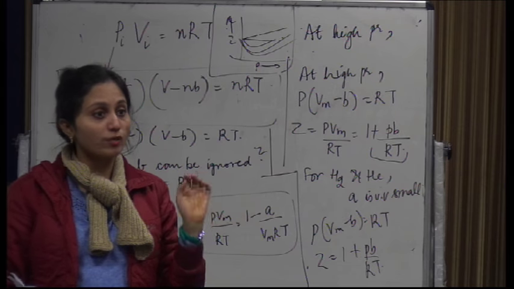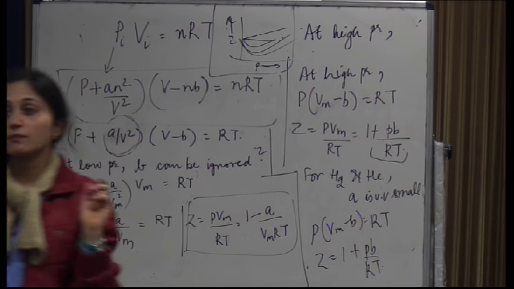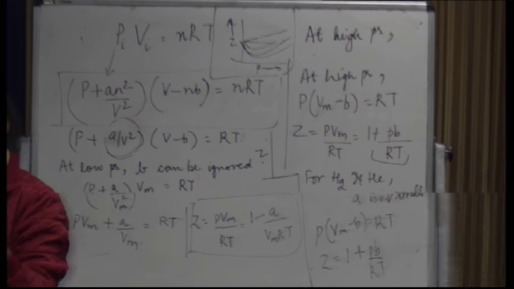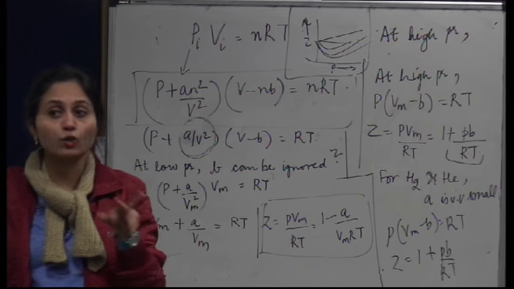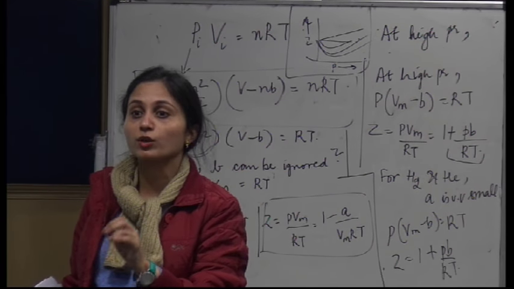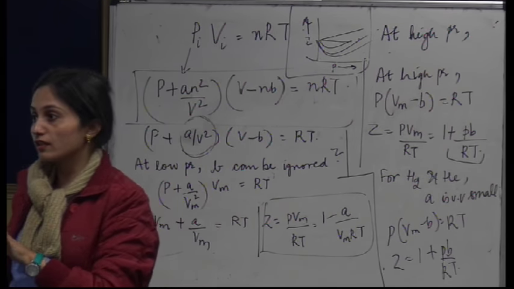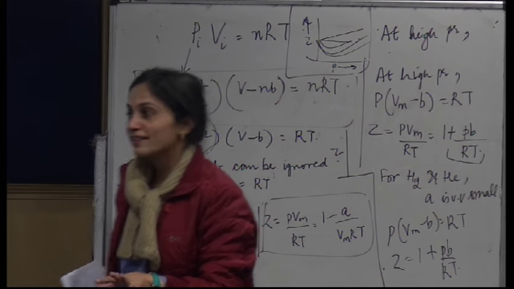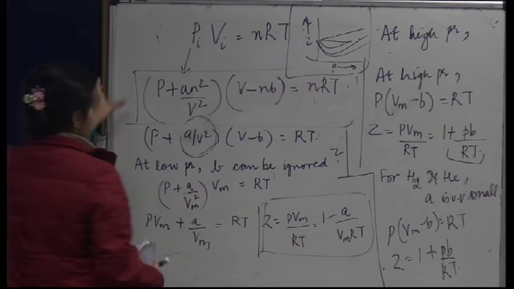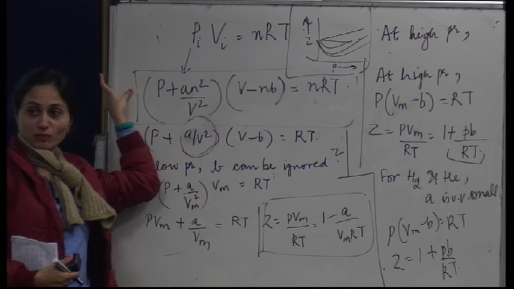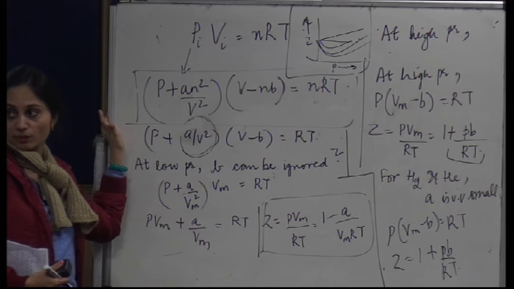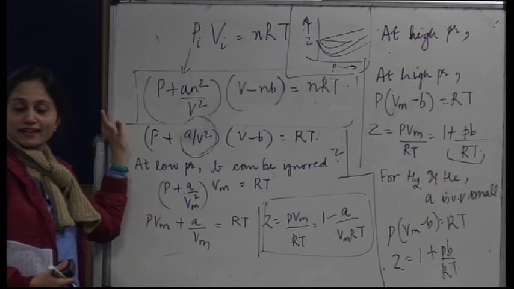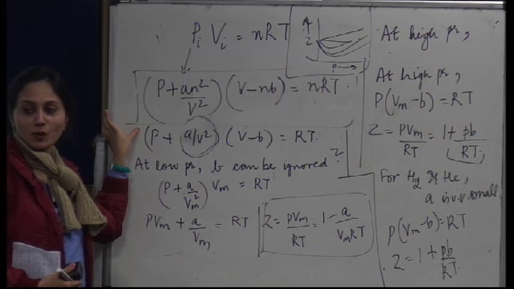All of you, now repeat the van der Waals equation for me. What is it? P plus a n square by V square into V minus nb is equal to nRT. Clear to everyone? Speak up, otherwise you will sleep. Okay? If it is for 1 mole, you can easily take your n to be equal to 1. Now, at low pressures,